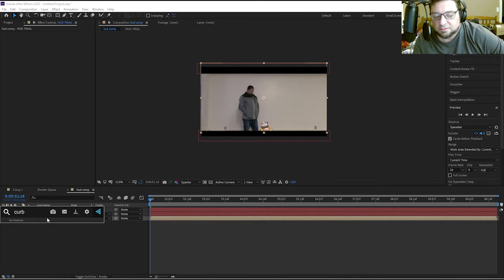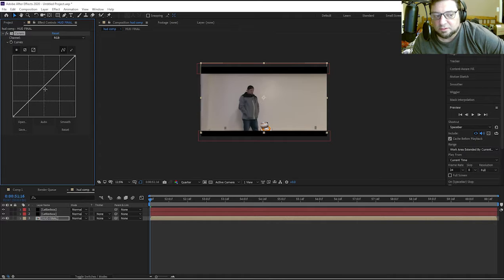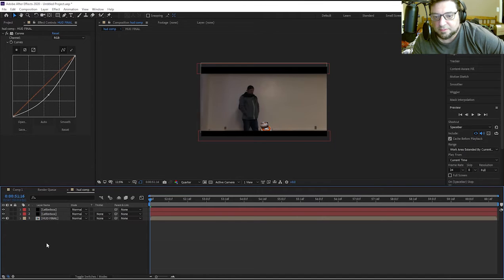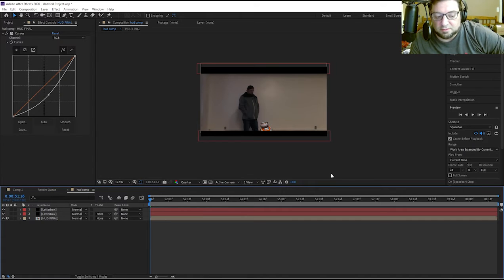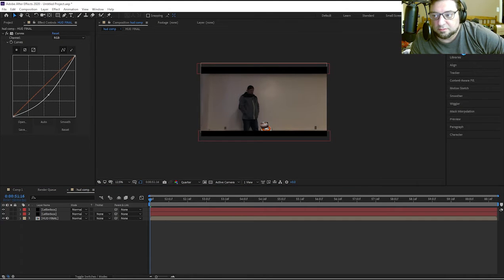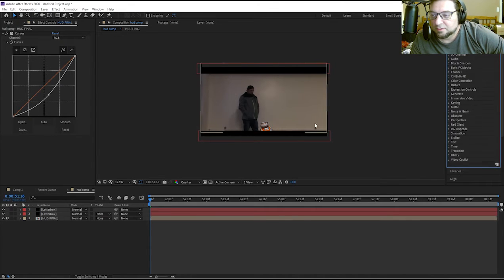Next step, hit Control Spacebar and look for curves. And let's just darken it down some. Alright, so now what we're going to do is add a lens flare. So we can do that by going to Effects and Presets, searching for